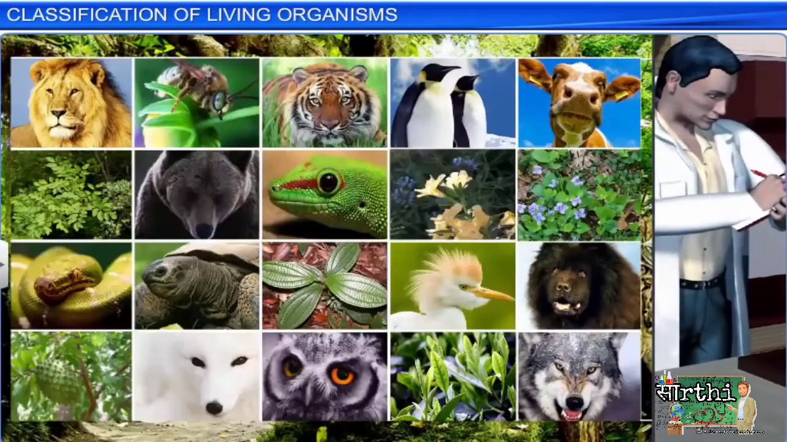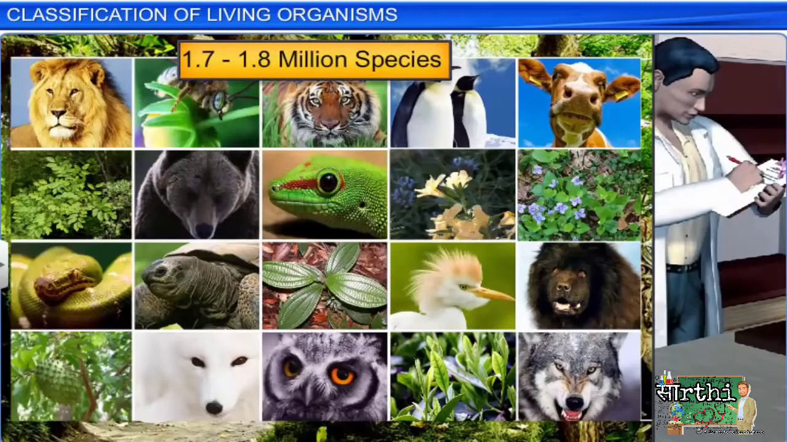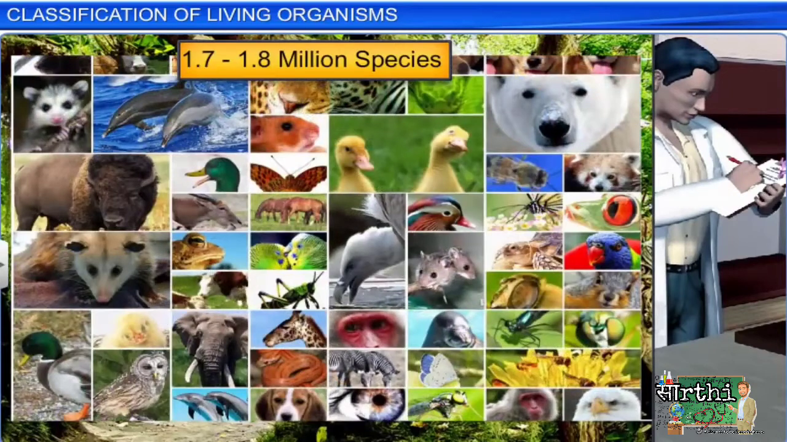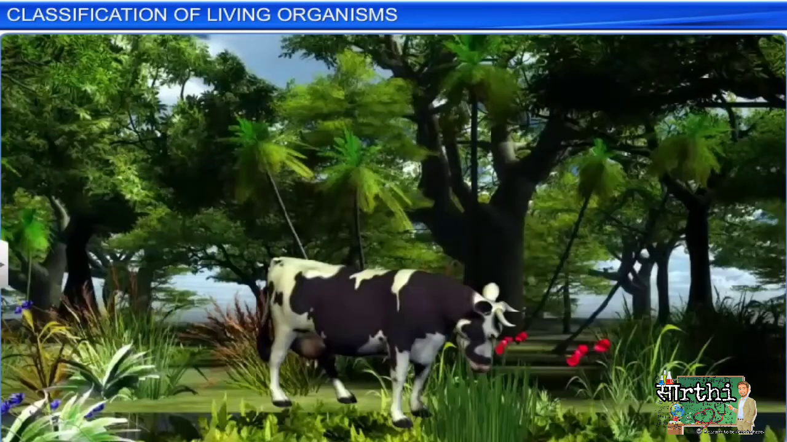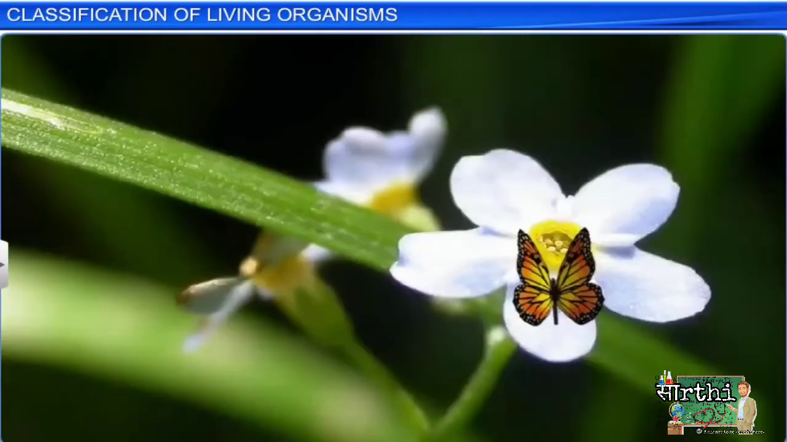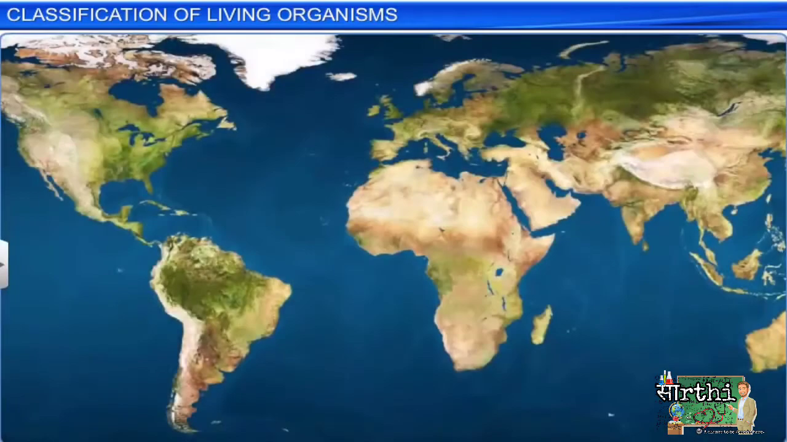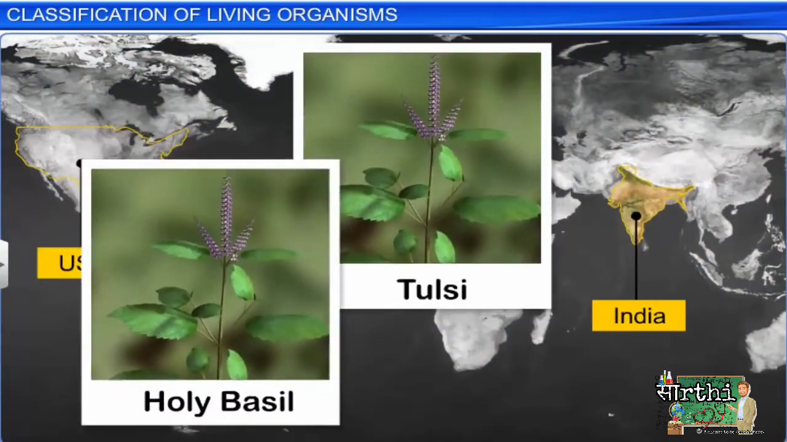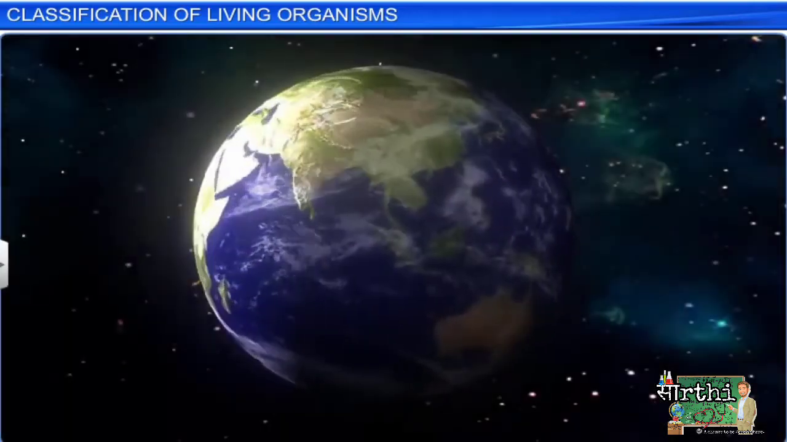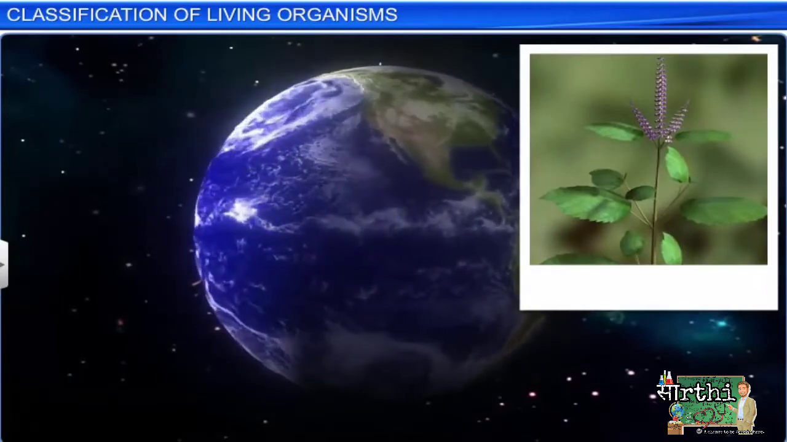Today, there are about 1.7 to 1.8 million species known to us, and this number is ever increasing as we explore new areas along with the old ones. The number and types of living organisms on the earth is referred to as biodiversity. It is common to find living organisms being known by different local names in different parts of the world. To avoid this confusion, the name of a living organism must be standardized